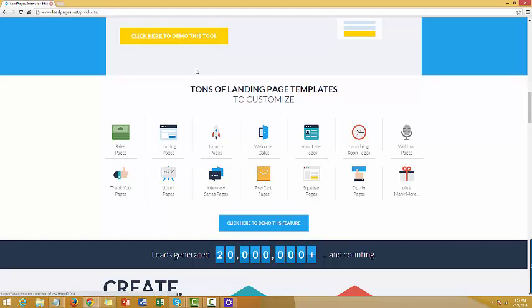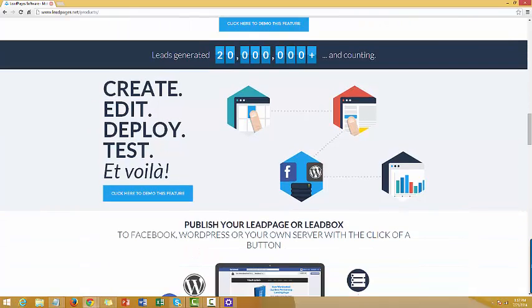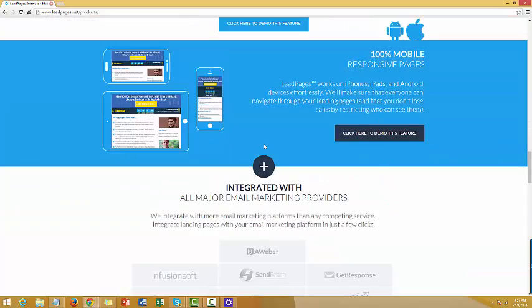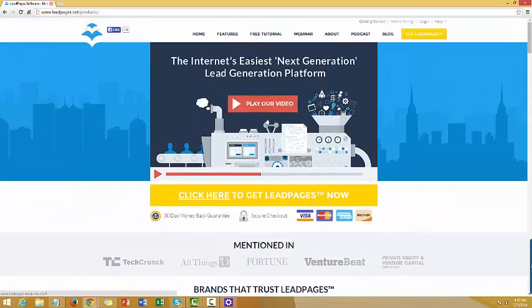And again, in every section here you can demo exactly what this is before you even decide to sign up with them. I mean, how cool is that, right? It's like test driving their system completely free before you even give them money. That is just pretty damn cool. Anyways, LeadPages is badass. I really recommend it. I think it's going to be the one you go with anyways if you go out there and start searching.